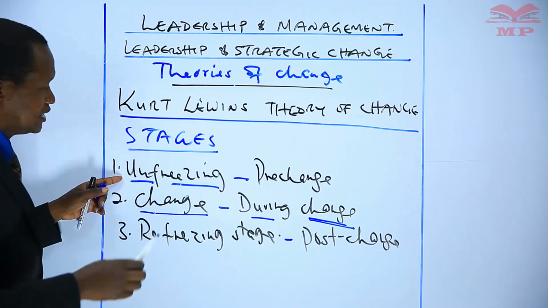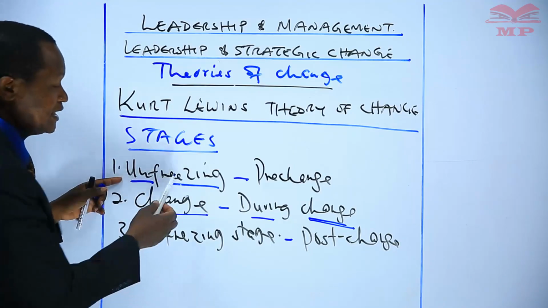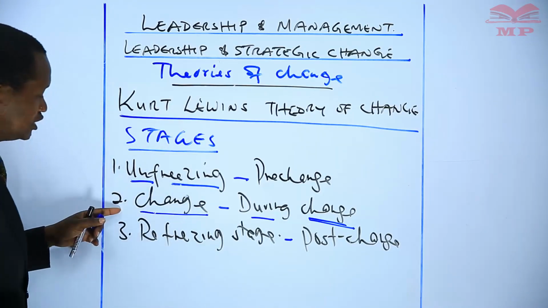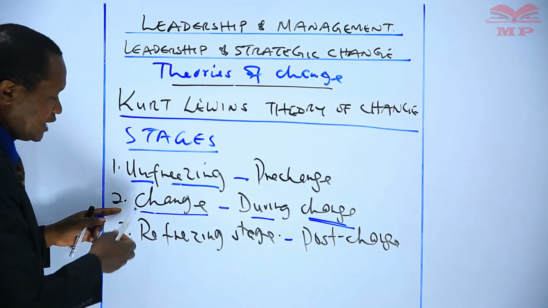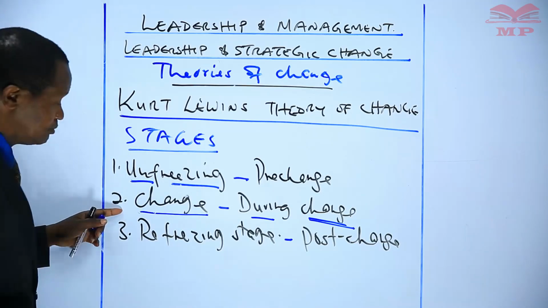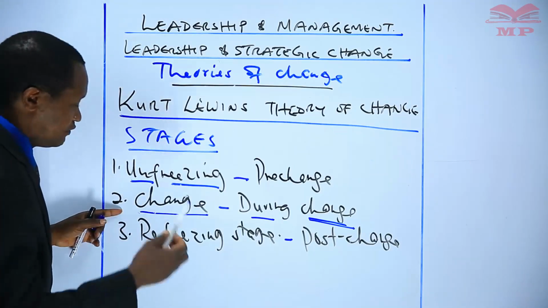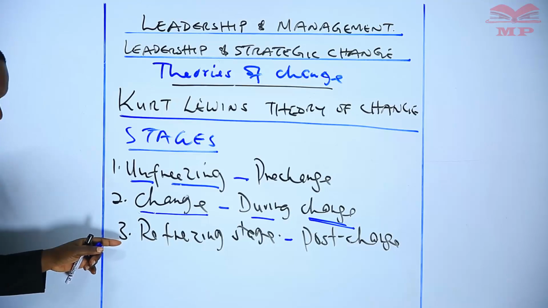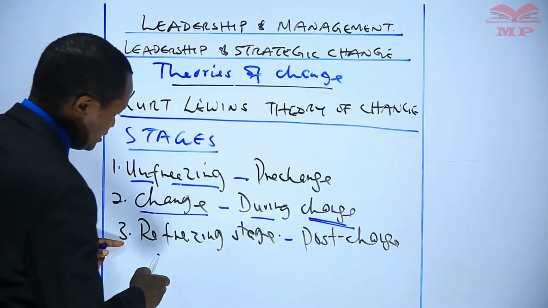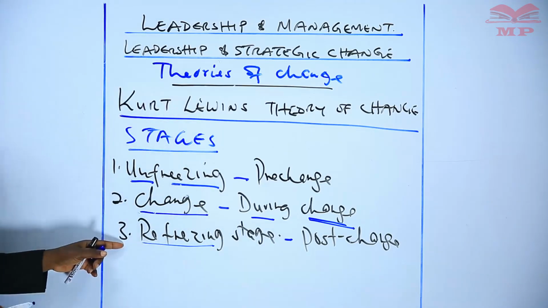The managers have to communicate to employees to help them unlearn, to prepare them for the change in the second phase. Likewise, in the second phase, managers are also expected to show leadership and direction through communicating with the employees in order for the change to be effective. Then in the third stage, which is known as refreezing,